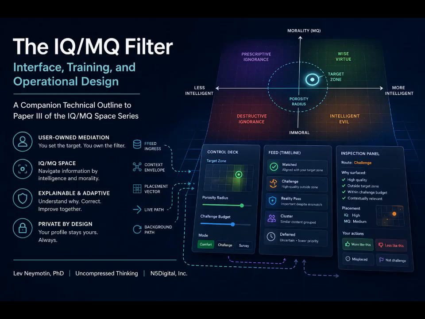The second bypass is reality passage, and this is tied back to the event frame we discussed earlier. The emergency dispatch thing. Right. If there is an urgent, highly corroborated breaking event, a natural disaster, a major geopolitical shift, the system overrides your strict filter rules. So it forces reality through. Yes. Even if the incoming posts are terse, panicked, and emotionally charged, which would normally score low on the MQIQ grid, the system recognizes that reality is knocking on the door. The reality passage ensures you are not insulated from the actual state of the world while sitting in your finely tuned intellectual bubble.